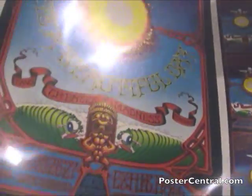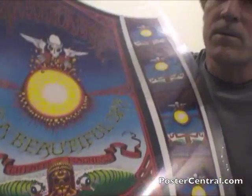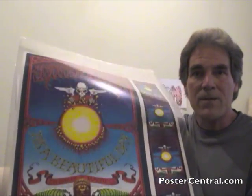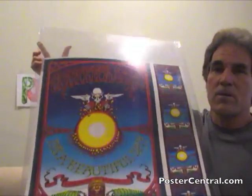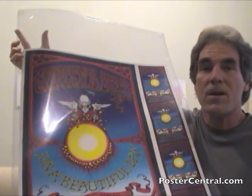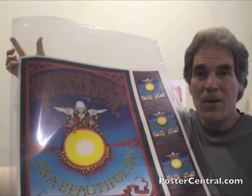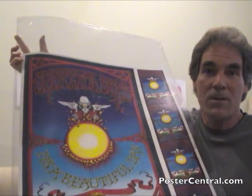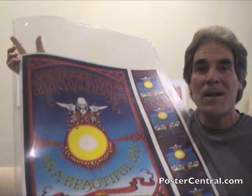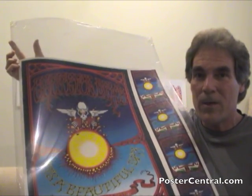So that would really indicate he picked this up at the printers himself as well and brought it over on the plane, but I'm not going to try to repeat those reports as fact because they're just not substantiated in my world yet. And what I can say for sure though is these 2 are both original first printings before the show of Hawaiian Oxo. So hope you enjoyed them as much as I did, and the dazzling artwork, Rick Griffin masterpiece, Dead's music, It's a Beautiful Day,